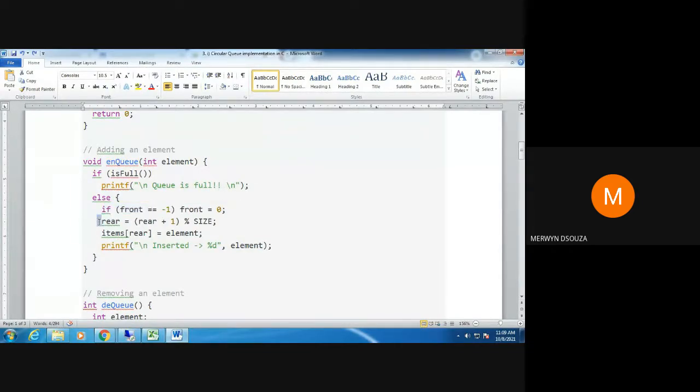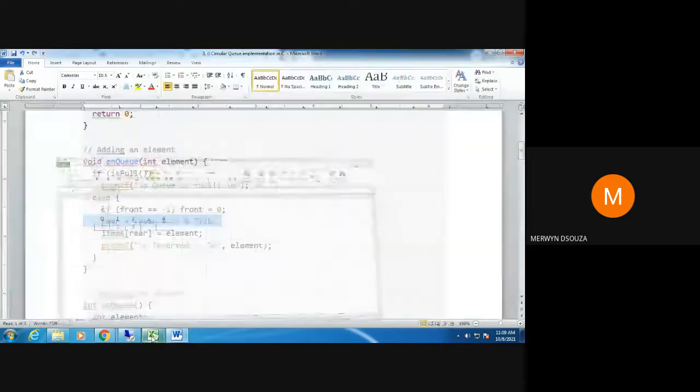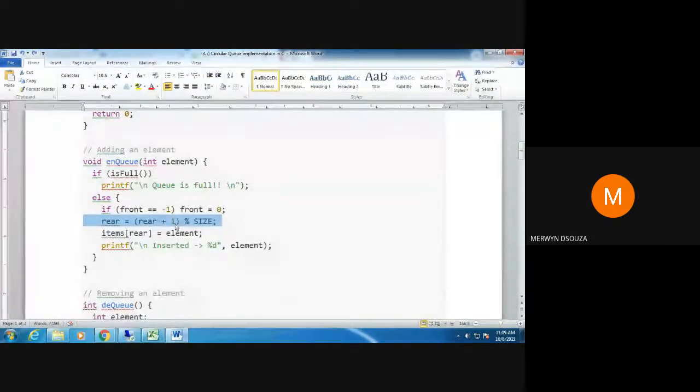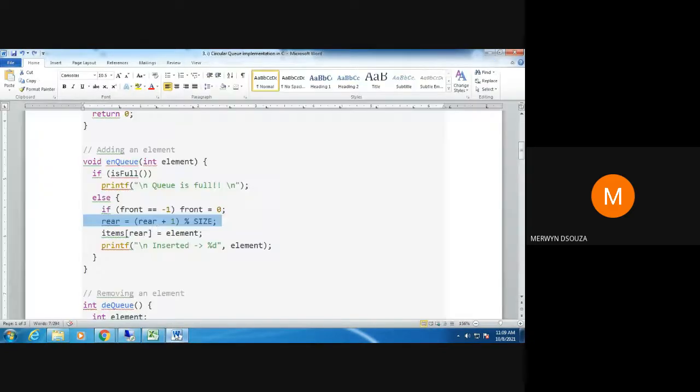So you will do the rear statement: rear plus 1, rear is 2, 2 plus 1 is 3, 3 divided by size. What is the remainder? Again you will get 3 only. So you will come here. In the next step, you will insert the element, so the element that will get inserted is 4. Once you insert, you will print the message that you have inserted that element, and you will exit the enqueue.